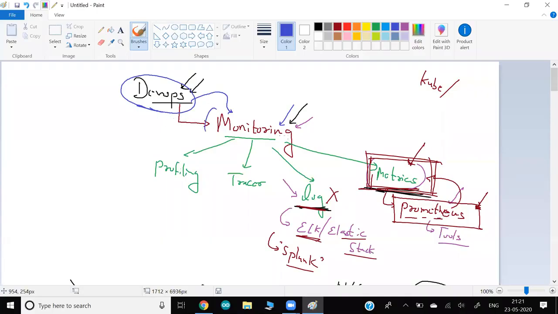But right now, what I'm trying to explain is that without monitoring, nobody can take a decision. Without monitoring, nobody knows what is happening. And if you don't know what is happening or what happened, you can't decide what we should do next, and where we should go and rectify why this issue is coming up.